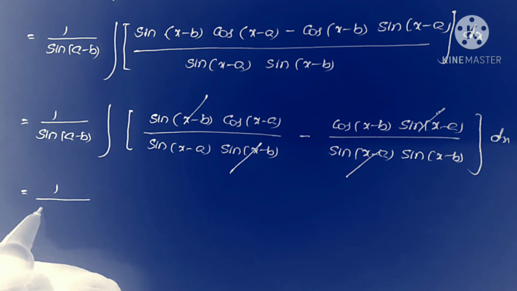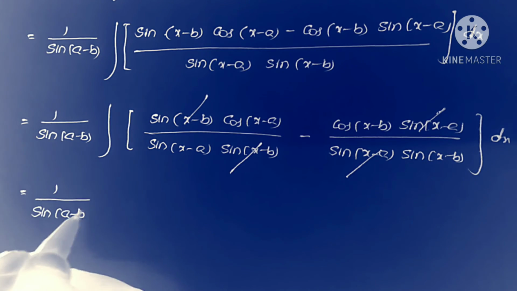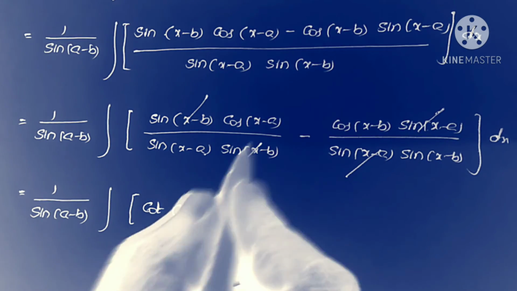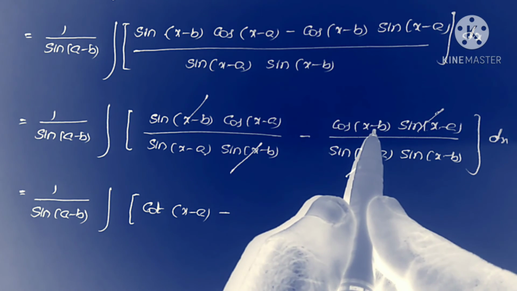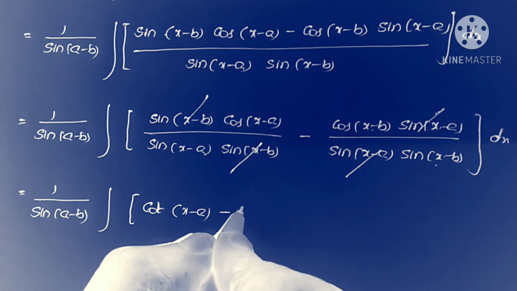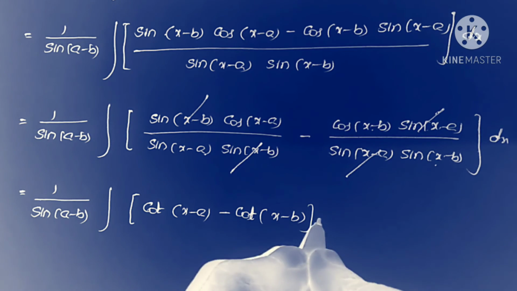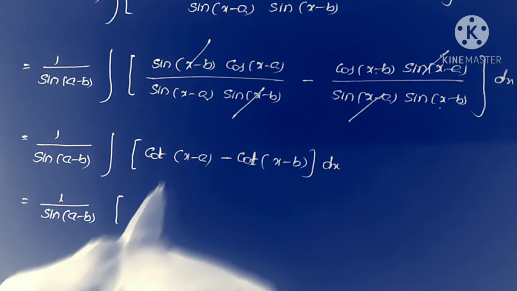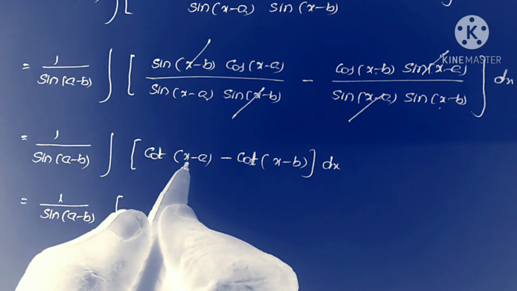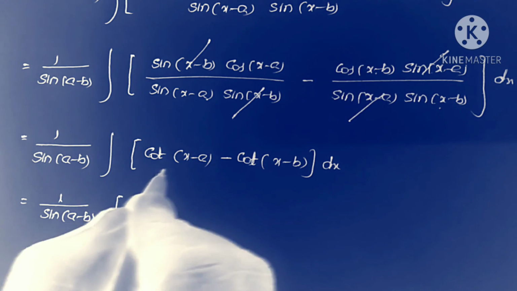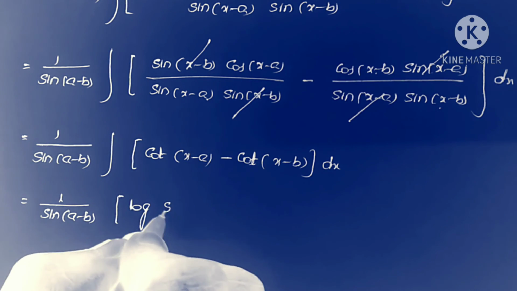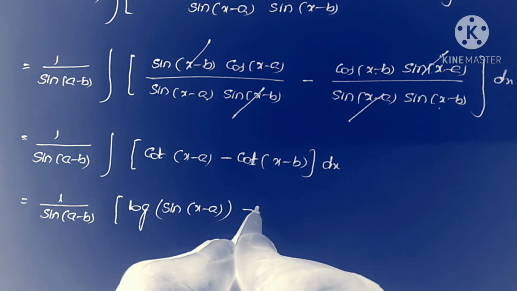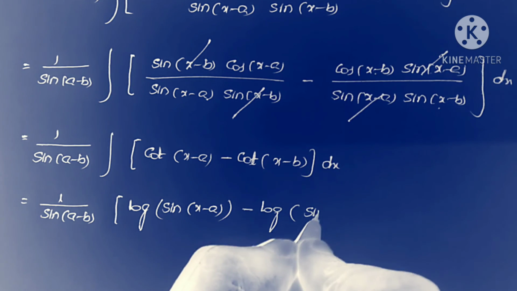Now this is equal to 1 by sine a minus b into integral. What is the first value? Cos x minus a by sine x minus a, which is nothing but cot x minus a, minus what is this? Cos x minus b by sine x minus b, that is cot x minus b into dx. Now taking the integration, 1 by sine a minus b into, what is the integration of cot x minus a? Integral cot x is equal to log of sine x. So integral cot x minus a is equal to log of sine x minus a, minus integral cot x minus b, log of sine x minus b,